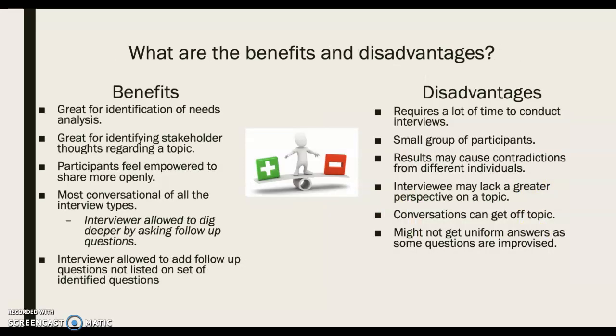So what are the benefits and disadvantages of semi-structured interviews? Well, the benefits are it's great for needs analysis. You're going to be able to figure out where participants are in comparison to the expectation for the program that they're participating in.